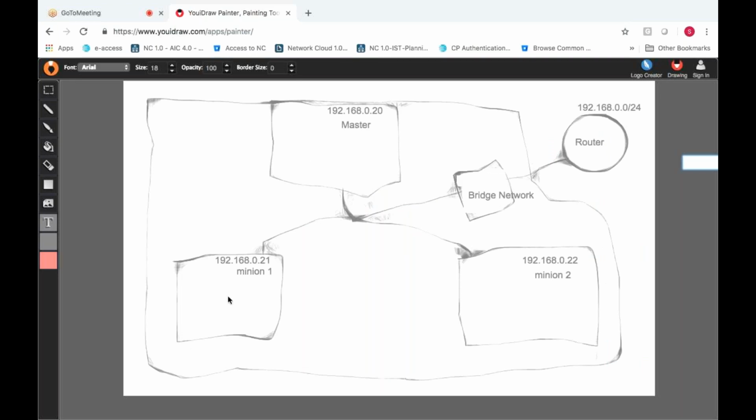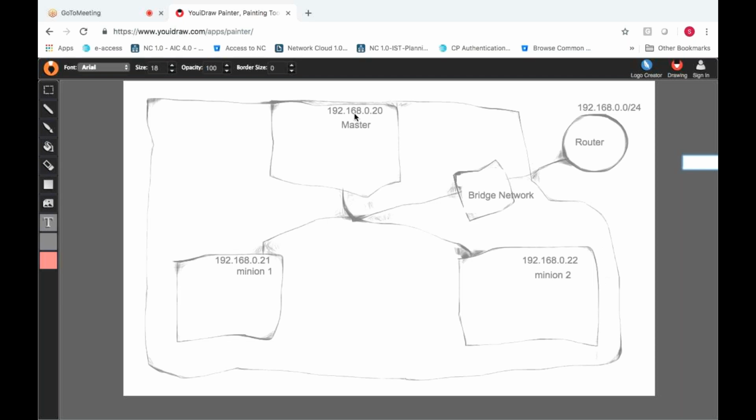Obviously, what we have done in Docker Swarm, the same thing we will follow here, but the command will change. There we use docker swarm init, right? And here we use kubeadm init. That is the major difference we have. That's it. Wherever you use kubeadm init, that is your master node, which will be bootstrapped.